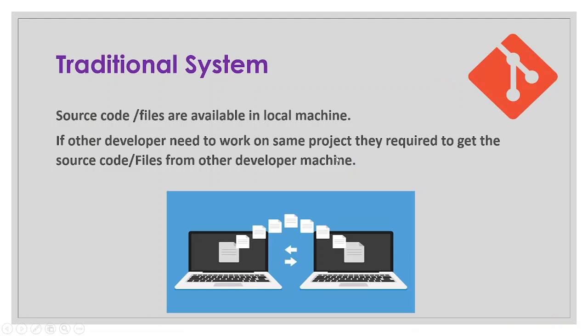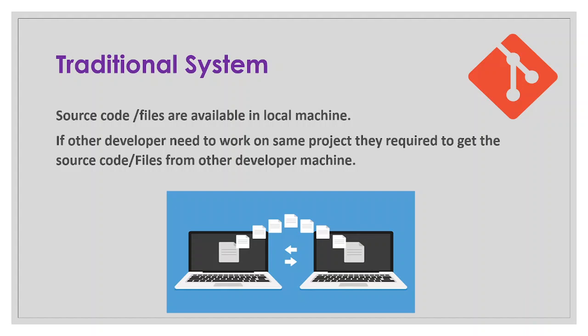Okay. Before going to Git, we need to understand how the existing mechanism works. So how were developers working earlier? If a developer is working on their local machine, that code will be available on their local machine only. If there is collaborative work where multiple developers need to work on the same project or the same source code, in those scenarios they used to share these files via a network called LAN, or it might be